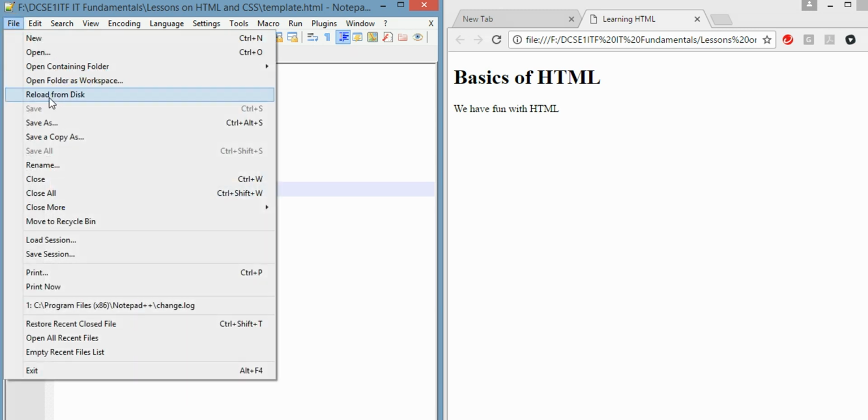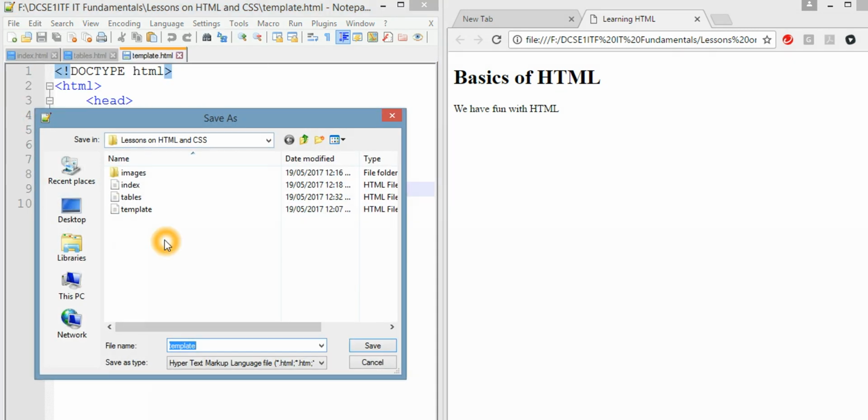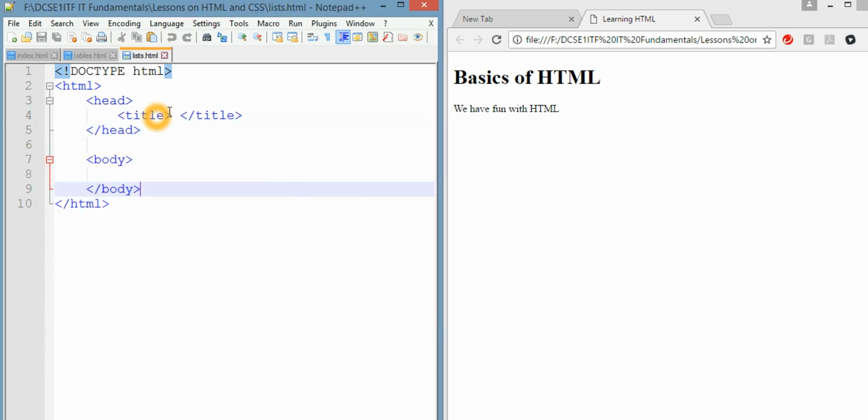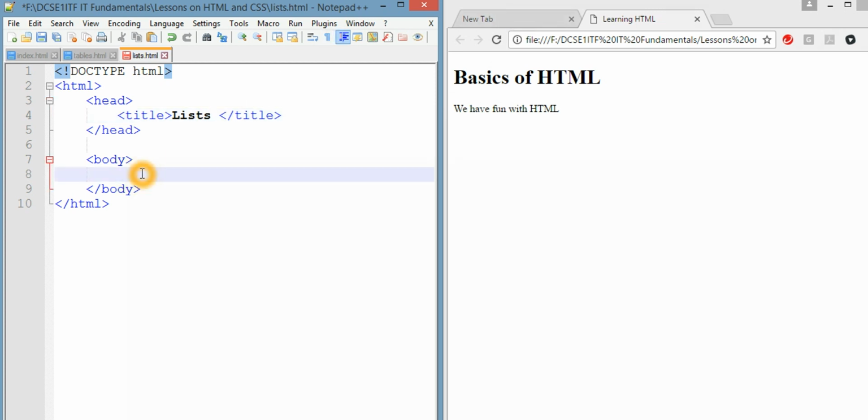So now I will save the template as lists. Okay, and it's already got the type HTML selected, so I'm just going to do that. And now I'm going to be showing ordered lists, or maybe just call it lists. Okay, this is the title that appears on the tab, and first thing we want to show is to do